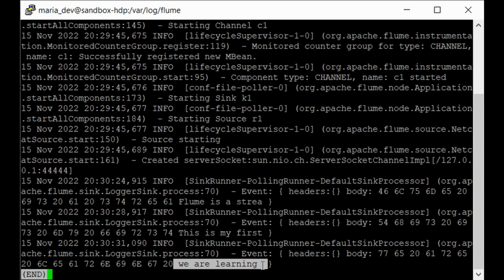You can also practice it on your own and explore different types of sources and sinks. You can also write that data to HDFS instead of the logger, which we have done here, to get a clear idea of how it works and its capability. If everything looks good, you can close all the terminals and don't forget to shut down your HDP sandbox